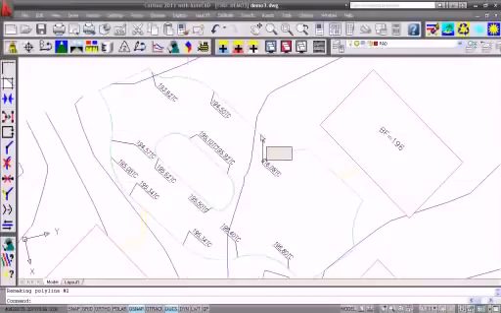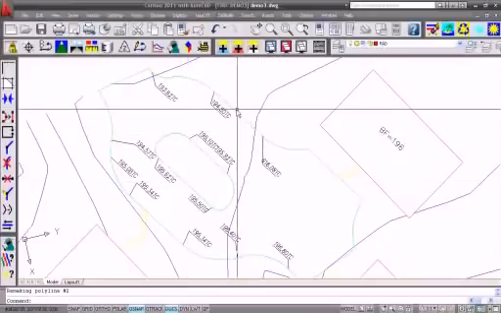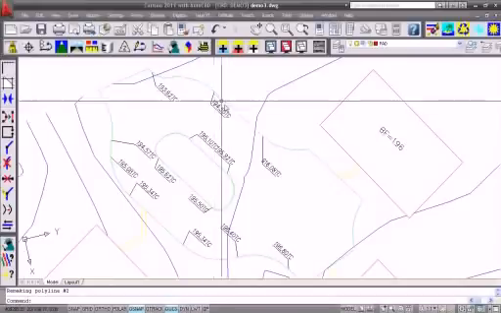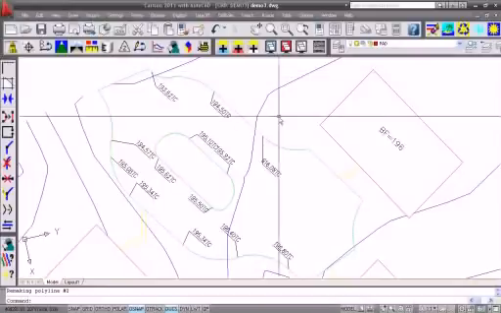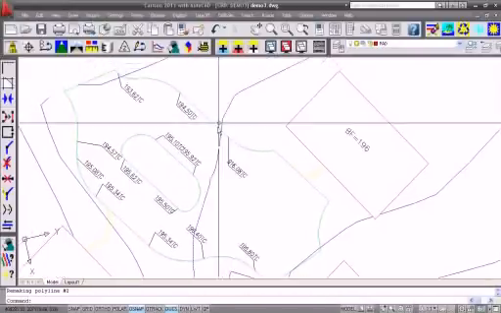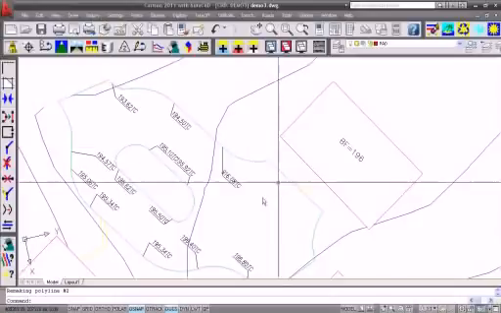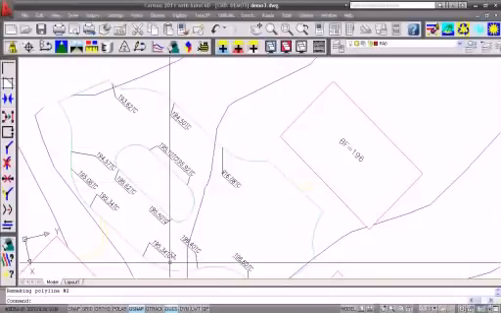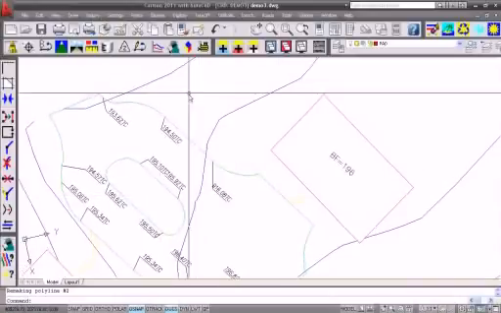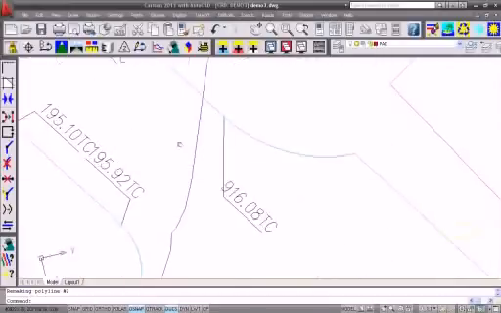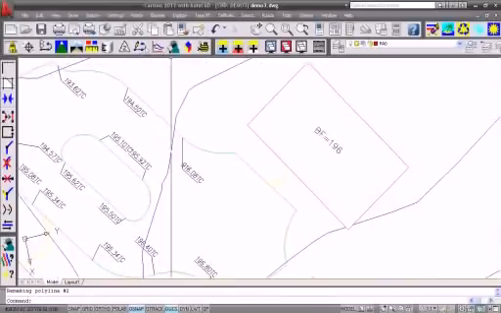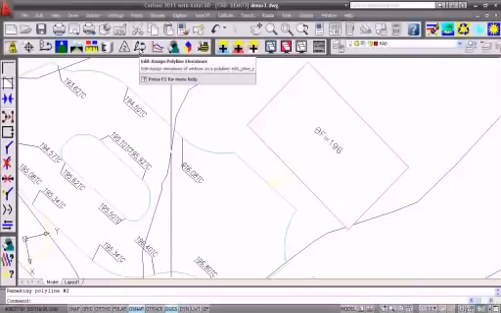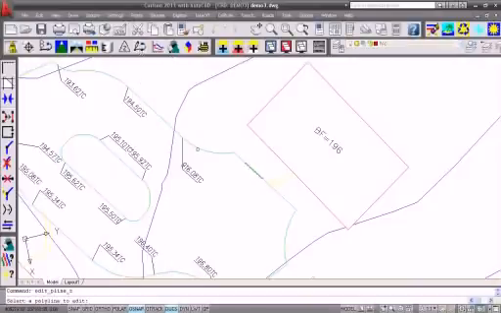So now it's using not only the contour lines, but these spot elevations in remaking that without losing the elevations from those lines. And I have a nice 3D line here. You can see this label is incorrect, 195, and this is 916. Those numbers are flipped. If I do edit, assign polyline elevations now, and click on this line,